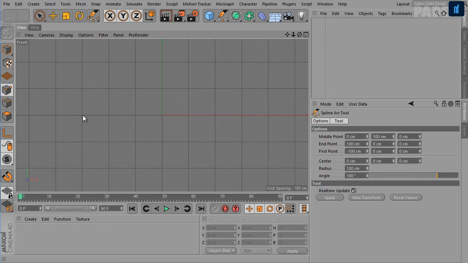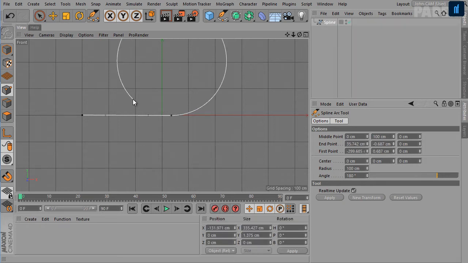Click and don't release the mouse button and drag. So now we have the first point, or the start point, and the end point. Now release the mouse button, click and drag the segments up or down to create the shape. Once the drag operation is complete and you release the mouse button, you will get this helper here. Click and drag on this edge to define the start angle, on this edge to define the end angle,